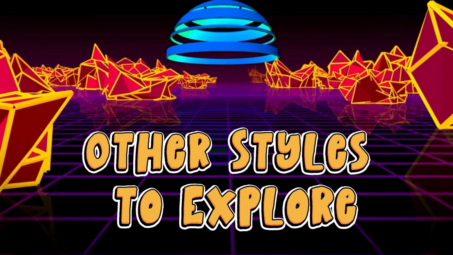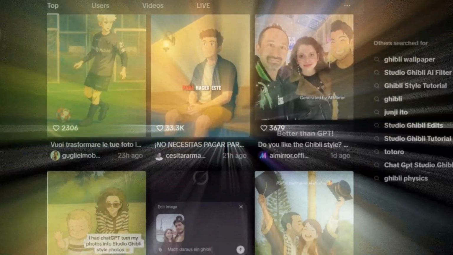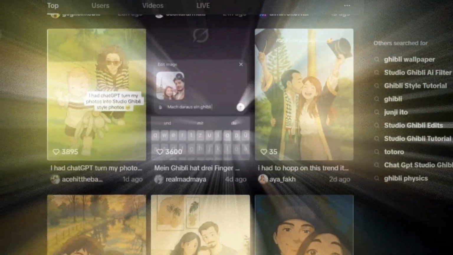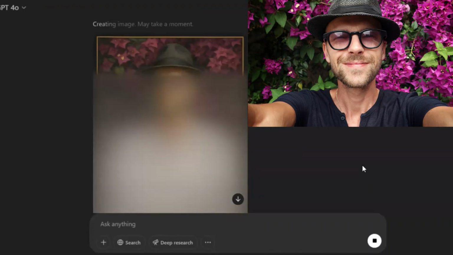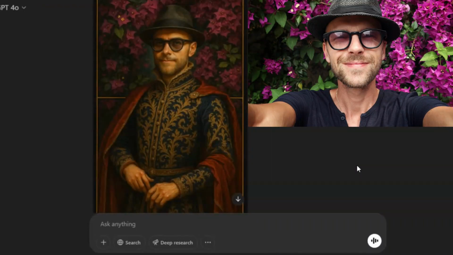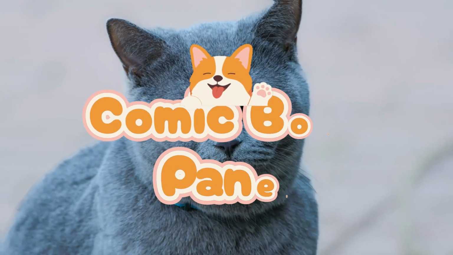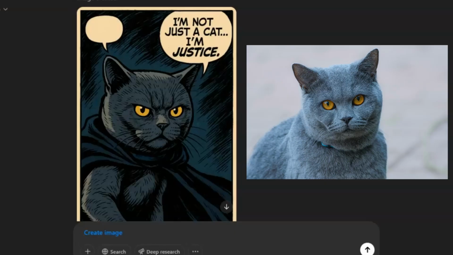Other styles to explore. While Studio Ghibli has captured everyone's heart and social media feeds, remember that the same tool can recreate just about any style you can describe. Here are a few ideas. Renaissance oil painting. Transform your selfie into a grand portrait, complete with ornate clothing and a regal pose. Comic book panels. Make your cat look like it belongs in a Marvel or DC comic, complete with bold outlines